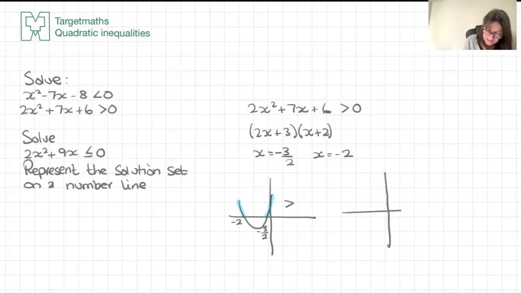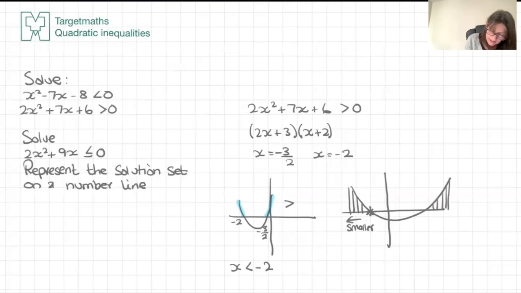Now, in order for us to see this clearly, I'm just going to do an exaggerated quadratic, not in keeping necessarily with this question. If you are here, all the x values are getting smaller. In our question, when we're on this side, our x values would be getting smaller than -2. So the first solution is x is less than -2. Equally, these are all getting greater than that point. So in our question, at this point here, x is getting greater. So x is greater than